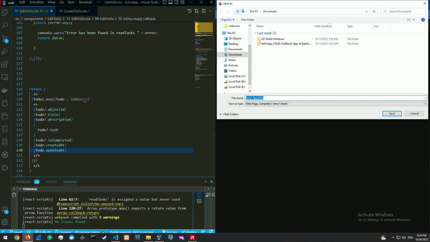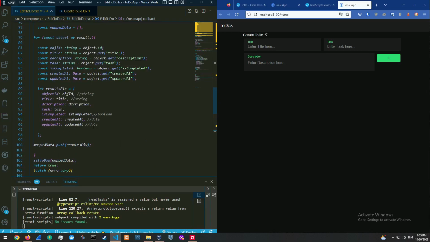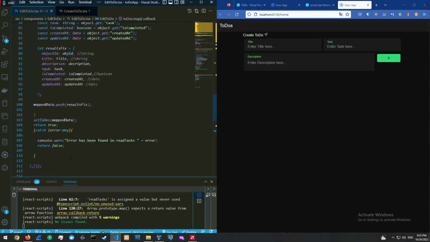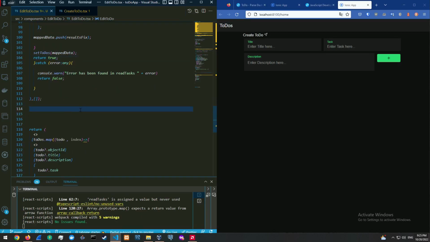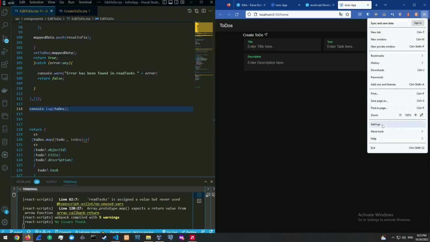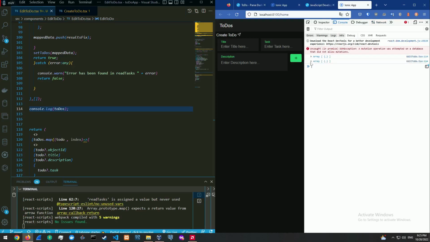All right, let's just check that out now. Let's go into the page over here and let's just refresh that. Is it passing in any of the objects? All right, so actually right now I think that the properties are actually empty. So let's actually try to console.log that. All right, so let's just console.log the to-dos themselves. Go back into the more tools. All right, in the console. All right, so we're getting an array over here,